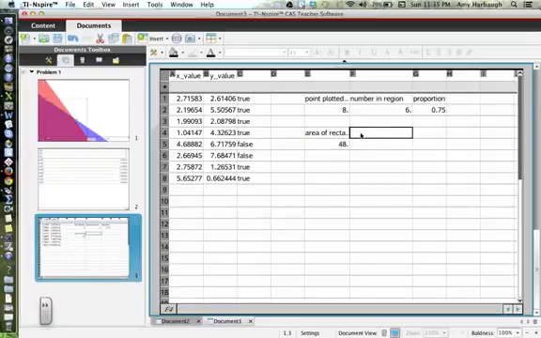And then the area of my region is last. And the area of my region would be this proportion that I got of points that are in the region multiplied by the area of that overall shape, the overall rectangle. Now obviously this is not close to the actual area, and the reason is it's based on only 8 points. So what you want